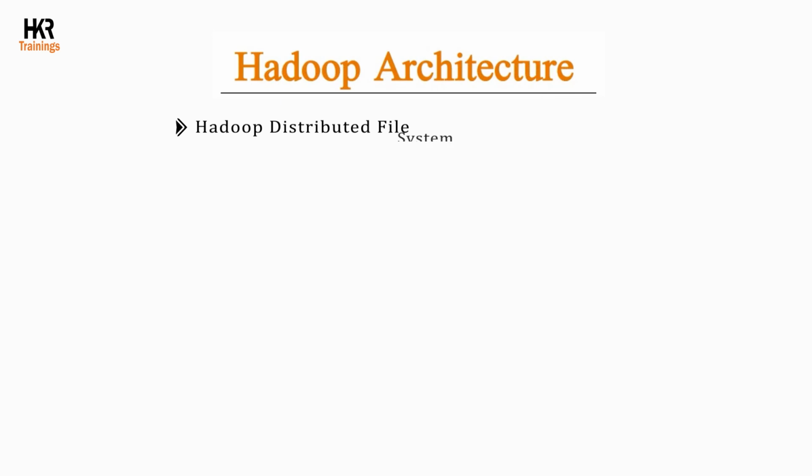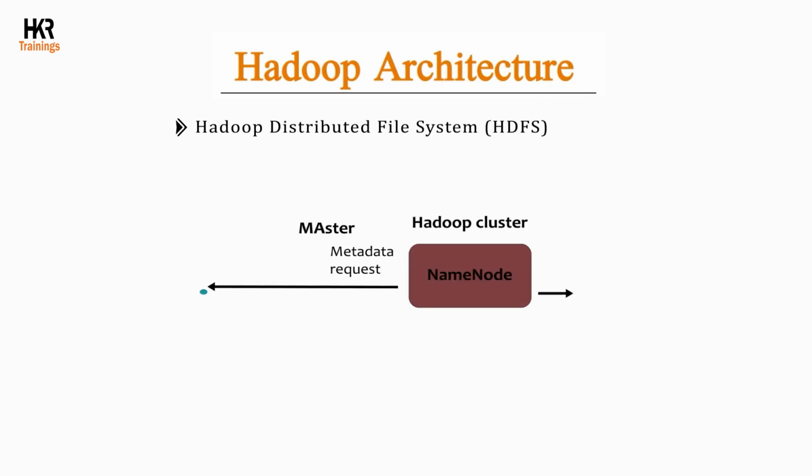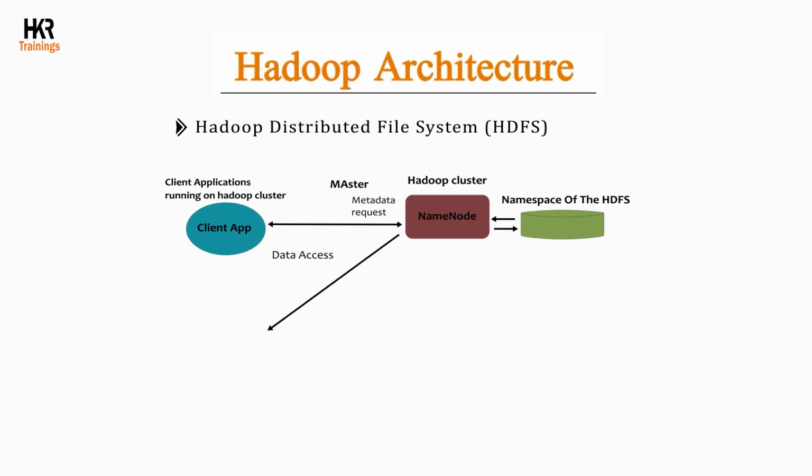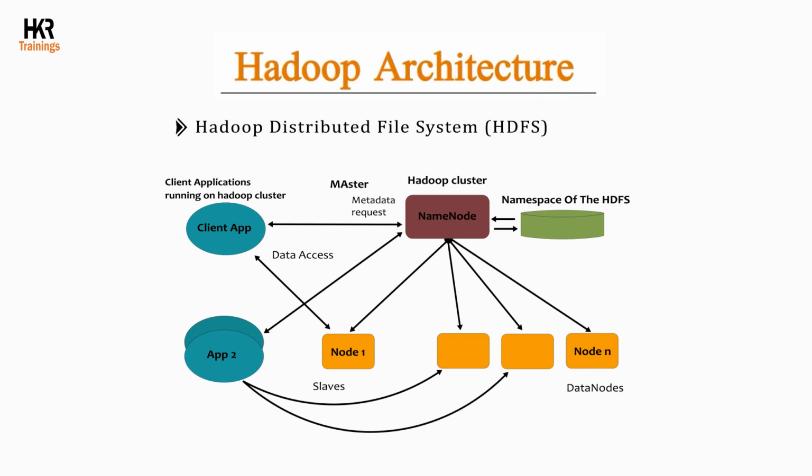Hadoop Distributed File System (HDFS). In simple terms, we can say that a Hadoop distributed file system is a storage unit, which divides the data into multiple blocks, which are further distributed randomly, across the machines in the cluster. We will discuss more on these components in the next videos.